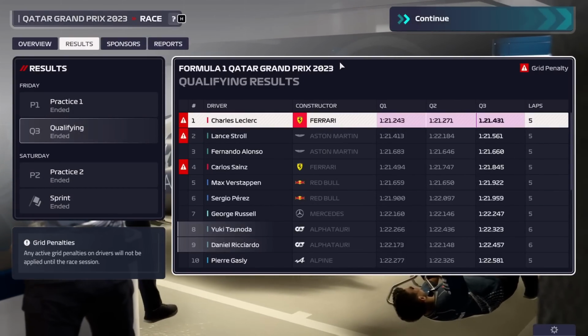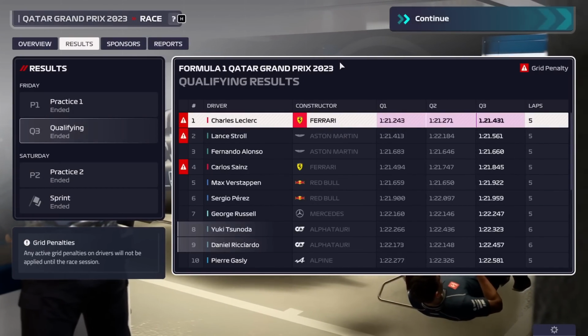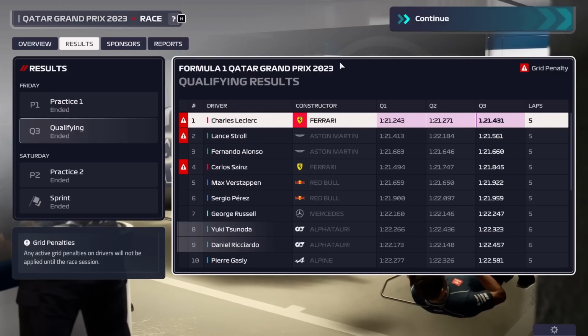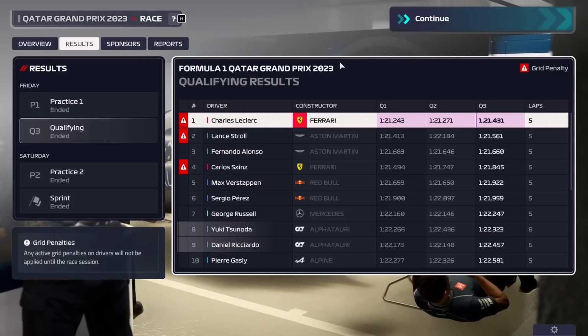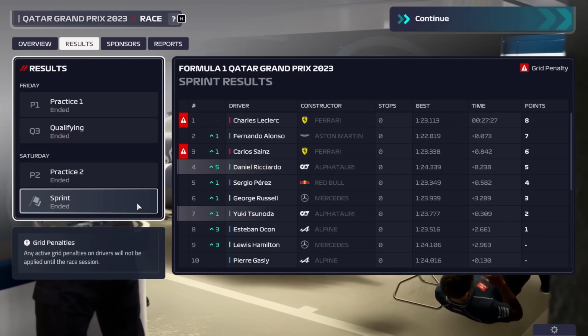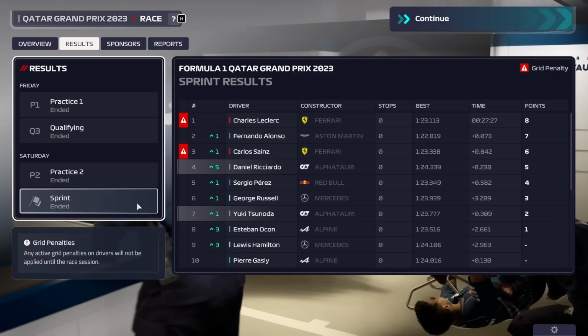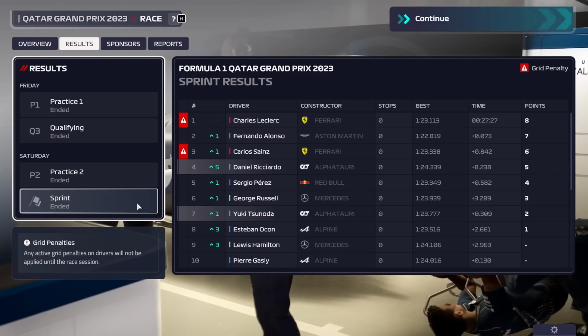Okay, we have a sprint weekend here in Qatar, and me in my infinite wisdom have been clicking forwards a little bit too aggressively. As you can see, qualifying, we qualified 8th and 9th, which is around where we would expect. For the sprint itself, we went onto an aggressive strategy where the rest of them went on softs, we went on mediums. We did an aggressive run for the entirety,